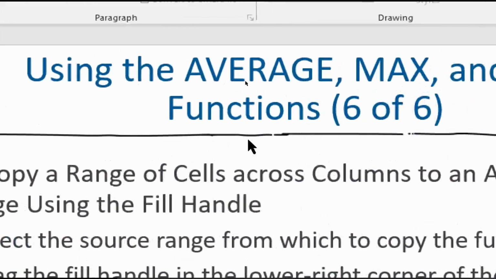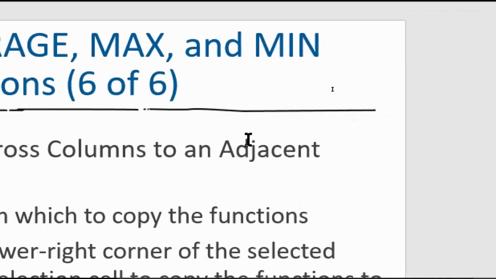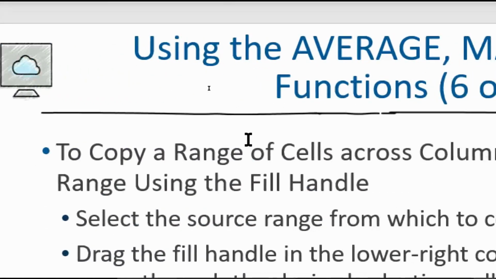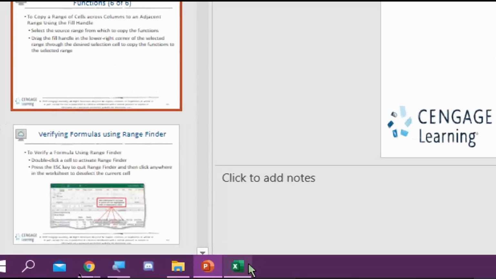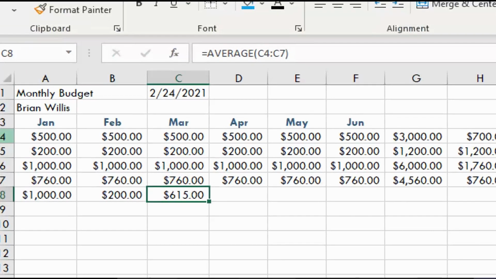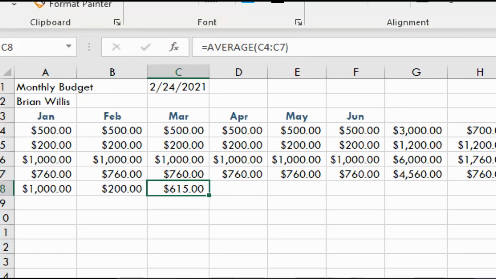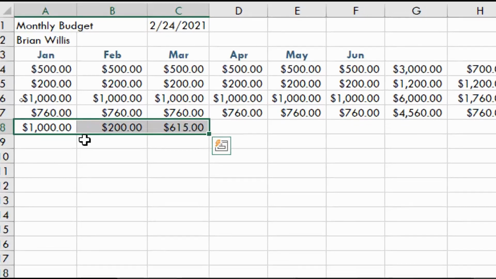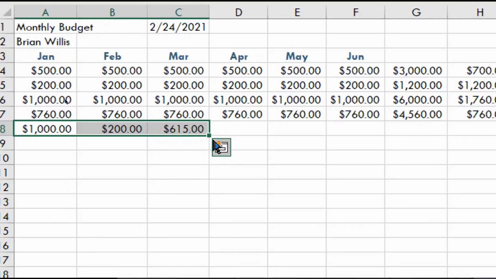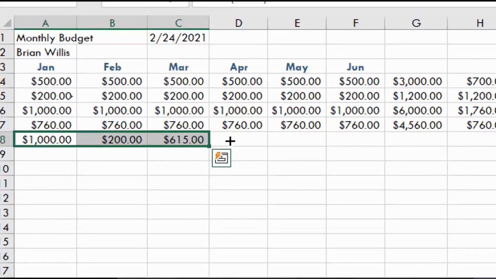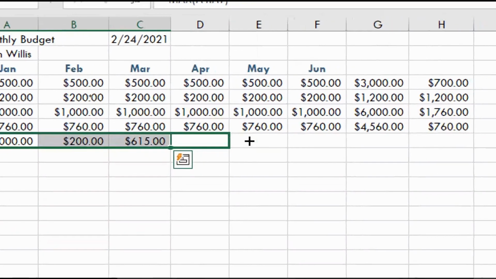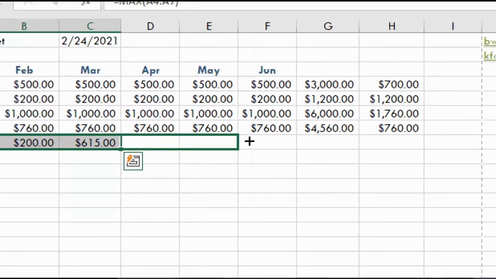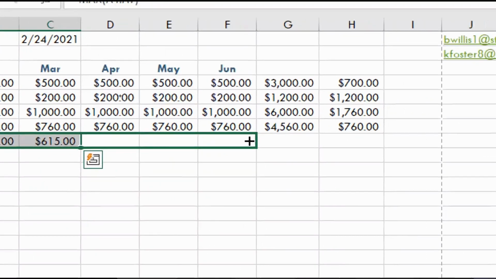And now, to copy a range of cells across a column to an adjacent range using the fill handle. Same principle, but so far we have seen how it will copy one formula pretty seamlessly. But what if we want to copy a range of formulas? It's exactly what you might think. We select the range that we want. Here's our fill handle. And now row D will have a max, row E will have a min, and then row F will have an average,